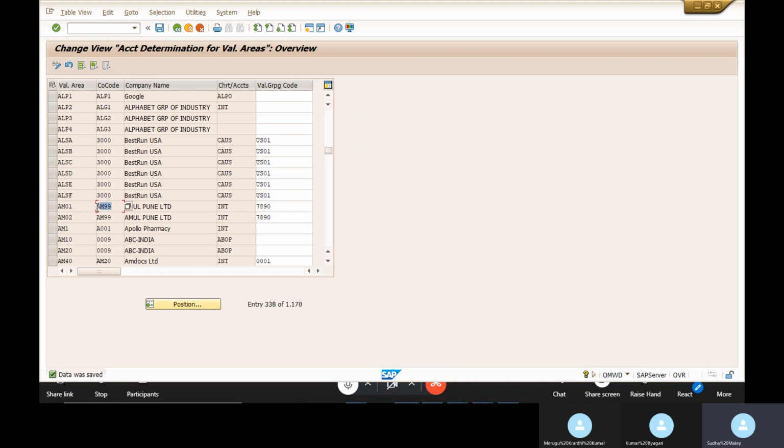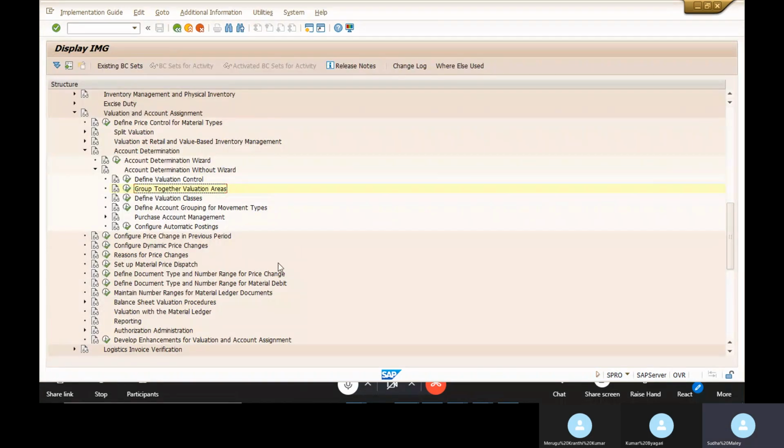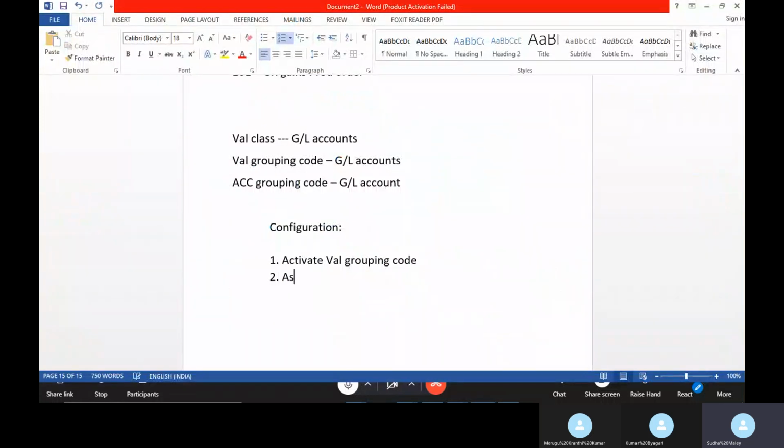So you assign your valuation grouping code to your valuation area. Okay, next we will see the valuation classes.